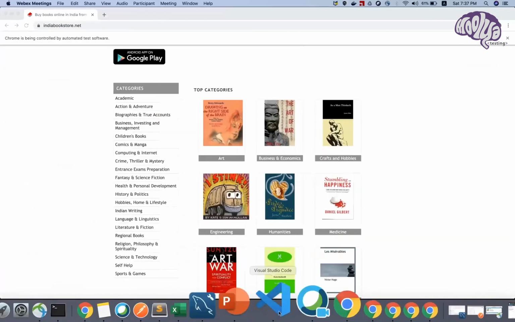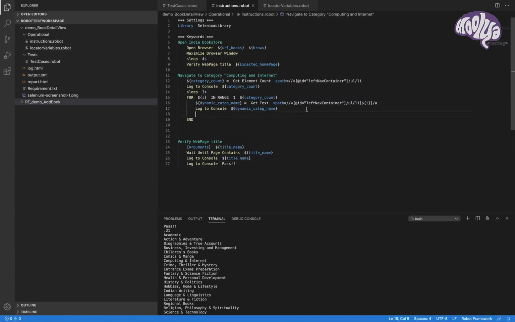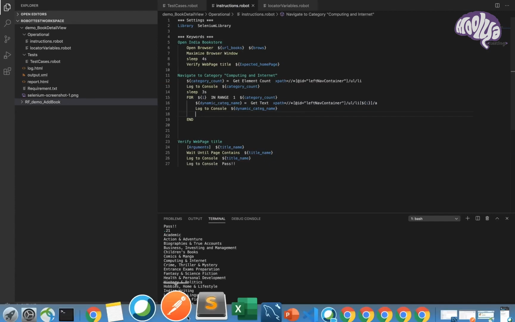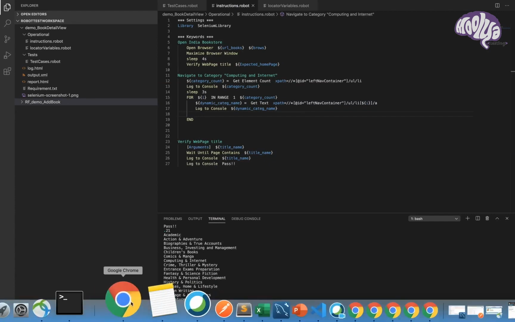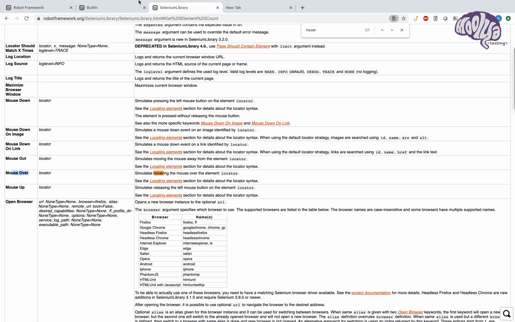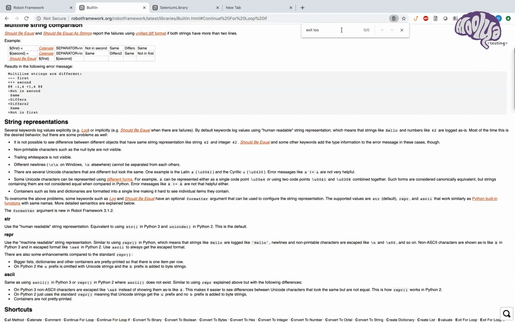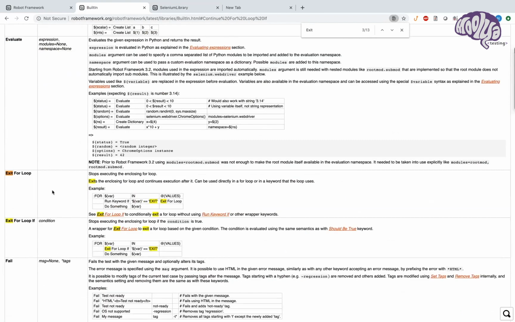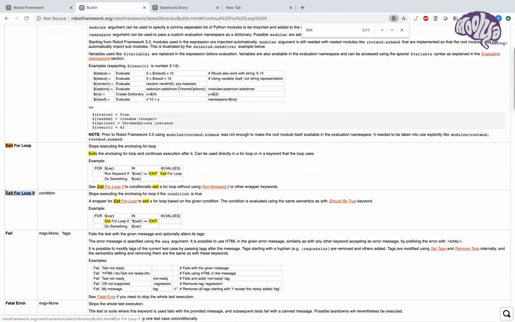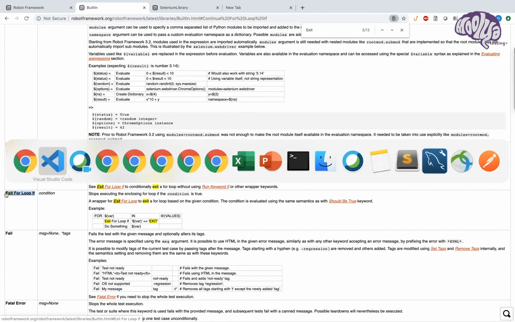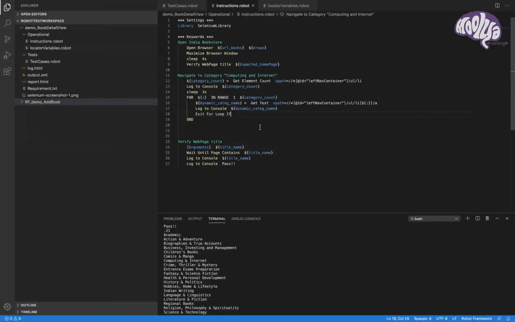All right, so there is a condition here. I mean exit loop. Get this exit for loop. Let's use this exit for loop if, double space, my expected value.